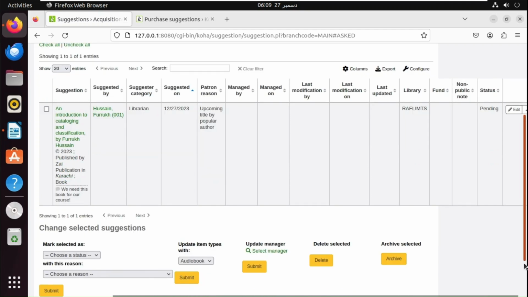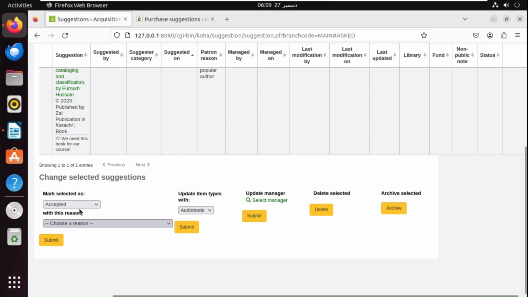On the other hand, the librarian can mark it accepted with a reason, or can reject this. Select the manager who actually manages this, or if there's one librarian only, or this can be allocated to the acquisition librarian. So